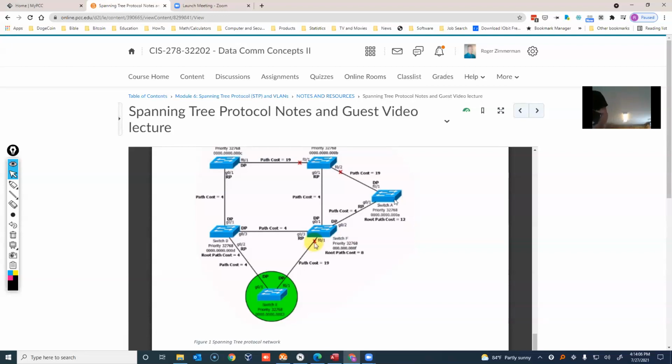I hope it's not reversed to the left on yours, but I think it's probably the same on the right. And so I've got a PC plugged into the switch on the right, and this switch has no idea who that PC is yet. It hasn't learned it yet. And as you probably know by now, and I'll remind you if you don't, the way that the switch learns who that PC is, as soon as the PC sends something to that switch, like it responds to a broadcast,